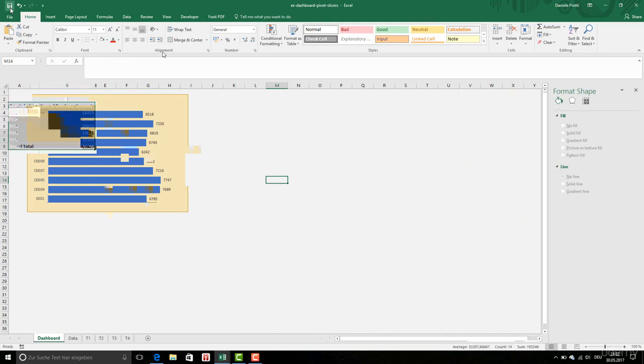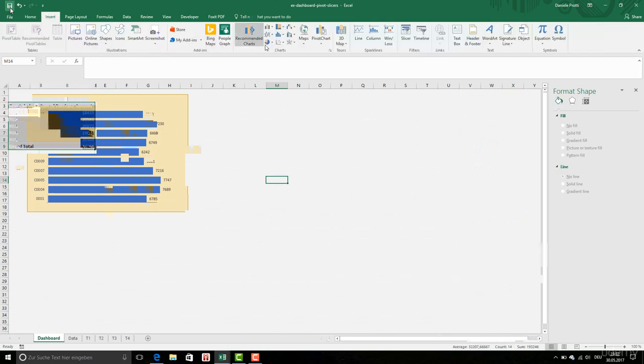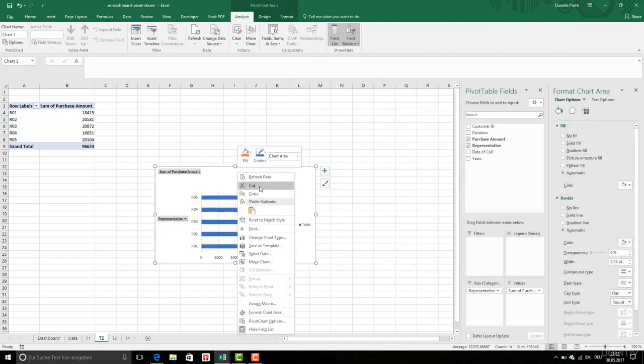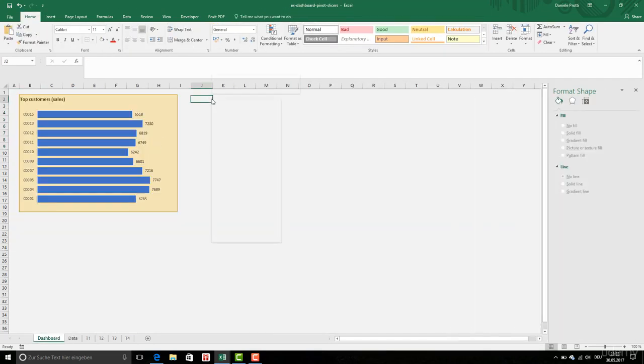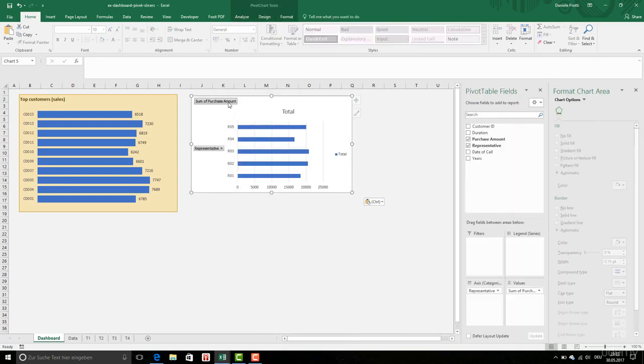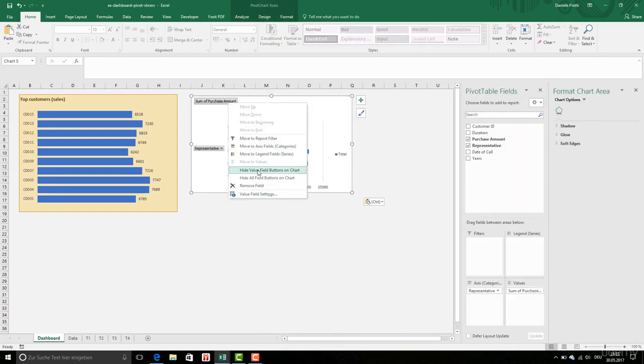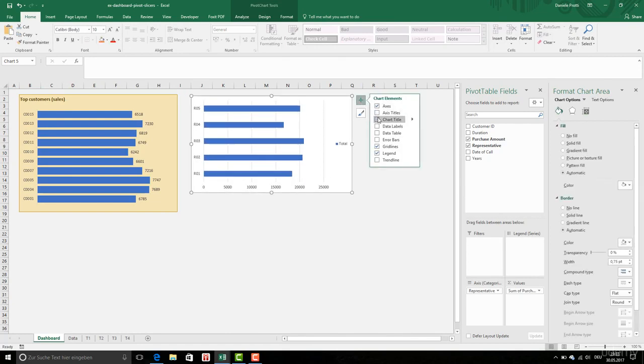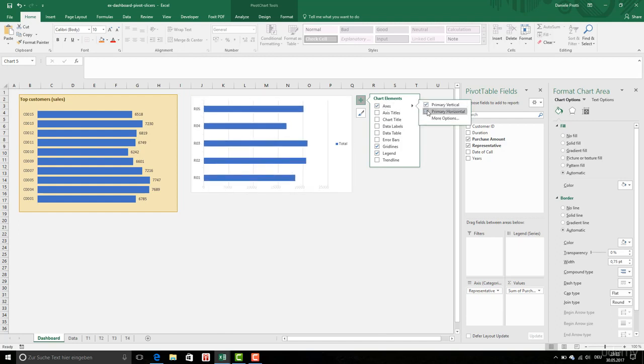the same. Control this, insert pivot chart. Okay, again bar. Okay, I'm gonna cut this dashboard. I'm gonna put this here again. I'm going to hide all fields here again. Chart title is out, axis only vertical, not horizontal. Okay, legend is out, grid lines, data table